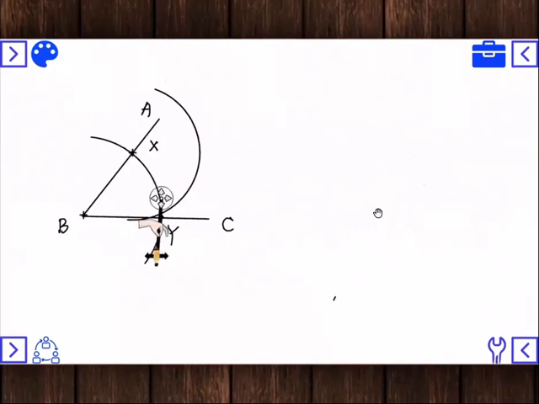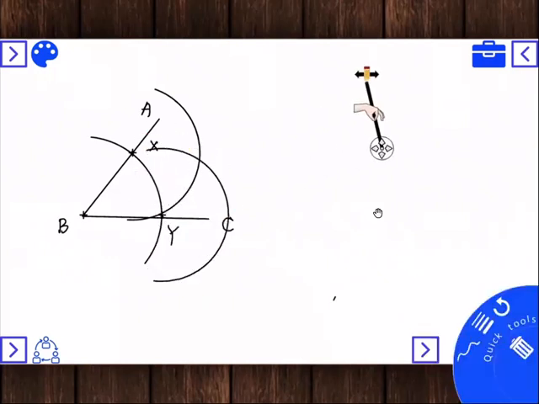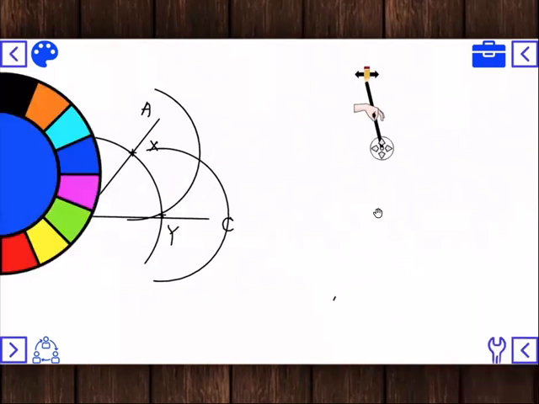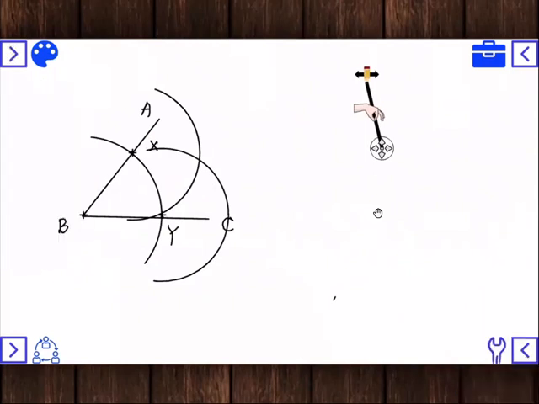And then we put the compass on the point Y and we use the same radius to draw another arc. So the first arc and the second arc have an intersection. So the intersection is over here,